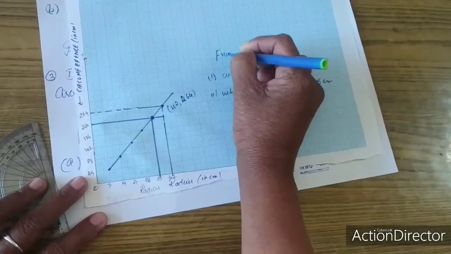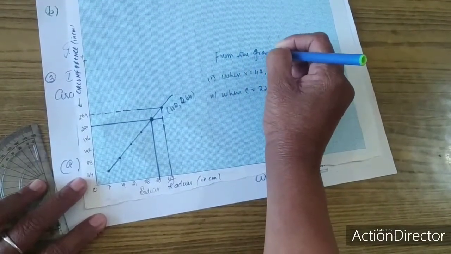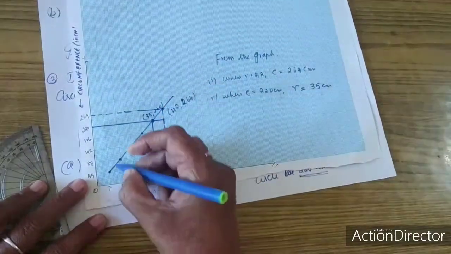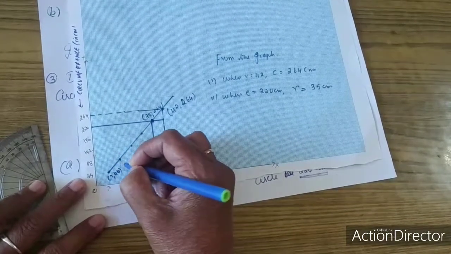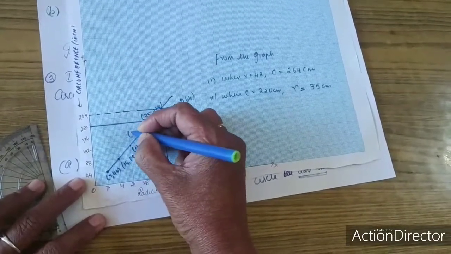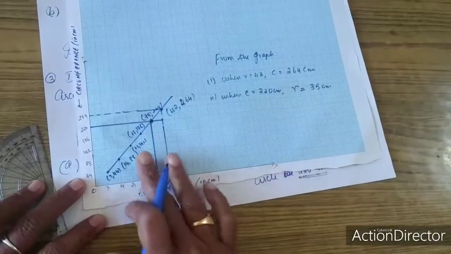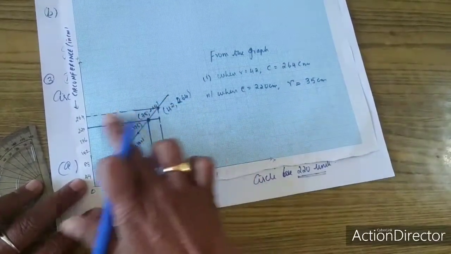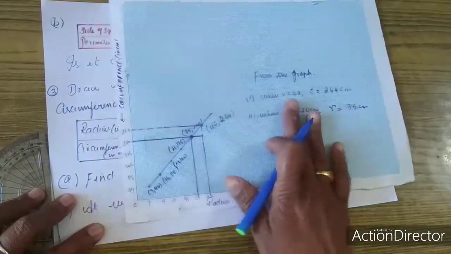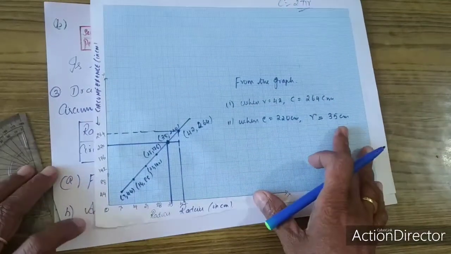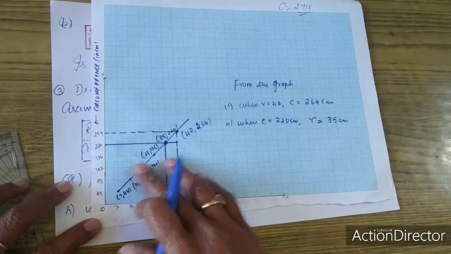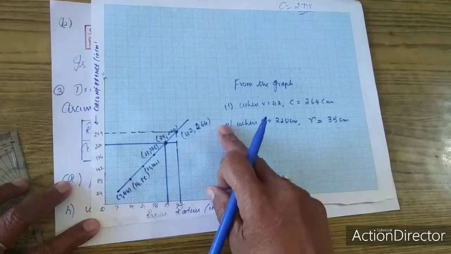From the graph we are able to observe these intersection points. So this is (35, 220). All these coordinates you write: (7, 44), (14, 88), (21, 132) and (28, 176). Whenever the question is asked from the graph, you have to show this intersection point so that it is very clear that you are getting these answers from the graph. Hope you understood how to plot the points in the graph and how to answer the questions according to the table and according to the graph you have plotted.